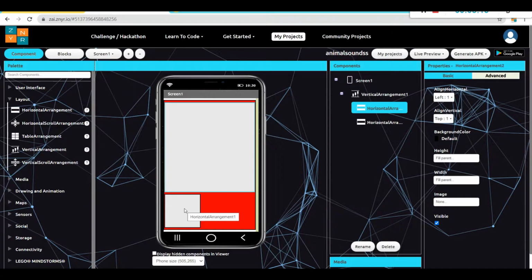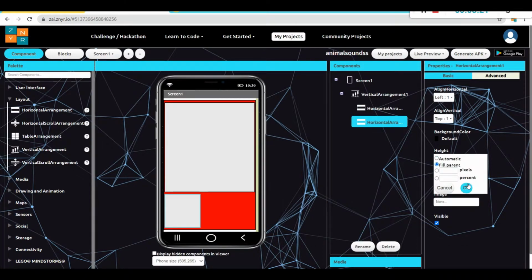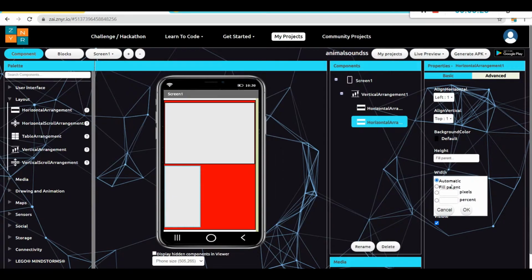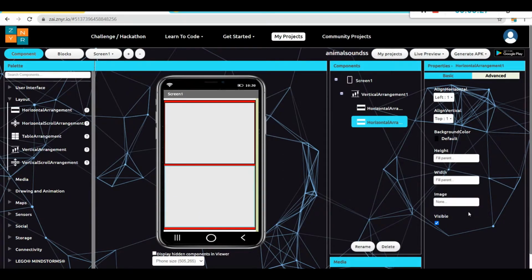Now I am going to repeat the same thing for my horizontal arrangement 2. Selecting this option, I go to the property and choose fill parent for height and fill parent for width. Yes, now it looks good. I have done my layout.